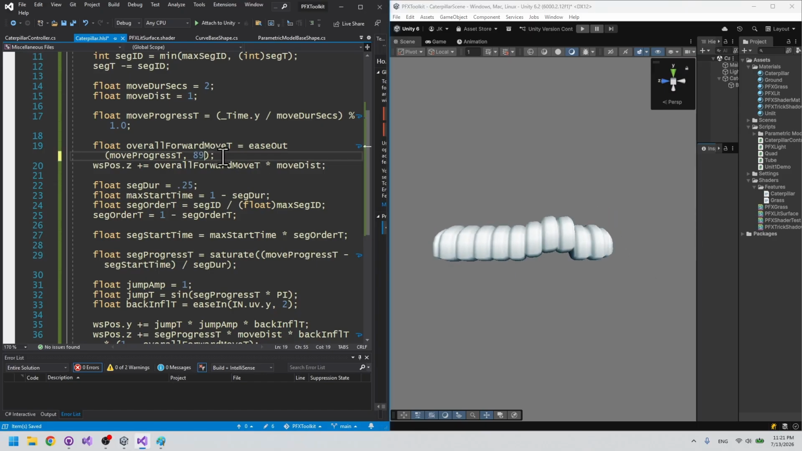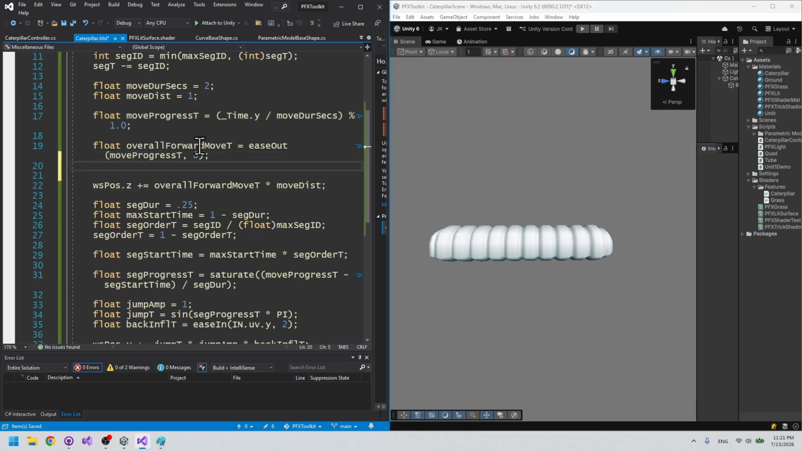And even more. And you'll start seeing there's kind of a problem with this, is that the more we push this, then it doesn't really look like it's actually being pushed by this motion that's cascading anymore, because this overall move is almost happening before this can finish. So we could also take this overall move t, and rather than just doing this ease out on it,